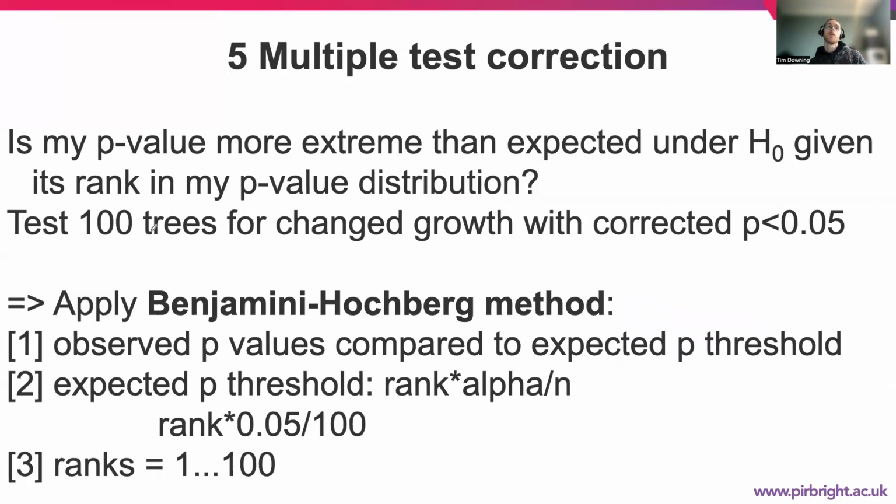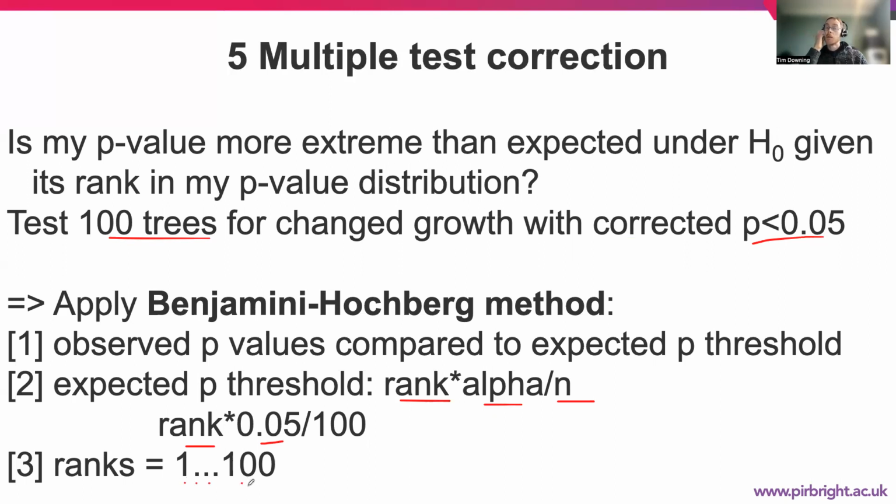So let's say we have a bunch of 100 tests where we're using this p-value threshold of 0.05 to understand our data better or select samples for further testing. The approach for the Benjamini-Hochberg correction method is to compare these against our reference set, and our formula for determining them is simply our rank times alpha over n. That means we take our ranks and multiply by 0.05 divided by 100. So rank might start at rank 1 and then 2, 3, 4, 5,